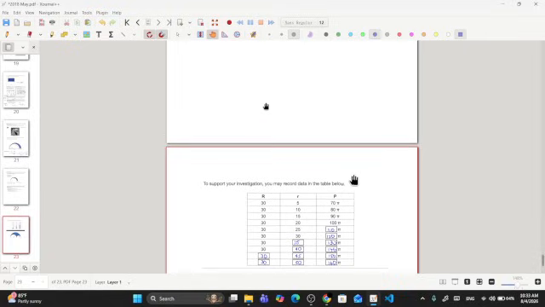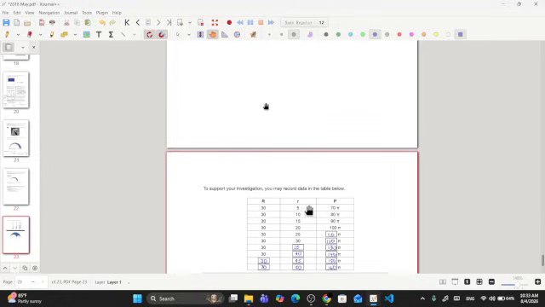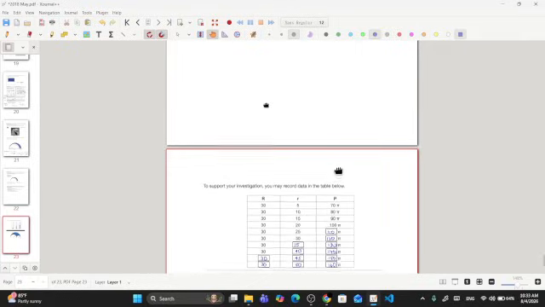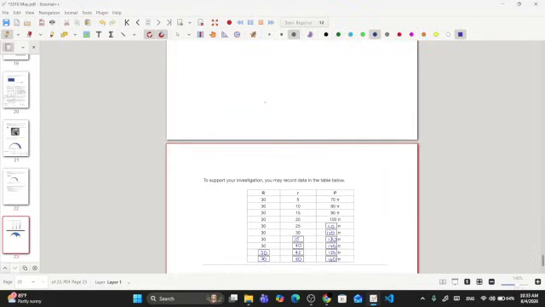That can be done by looking at the value of R. So for the pattern part, I can say that as the value of R increases by 5 centimeters,